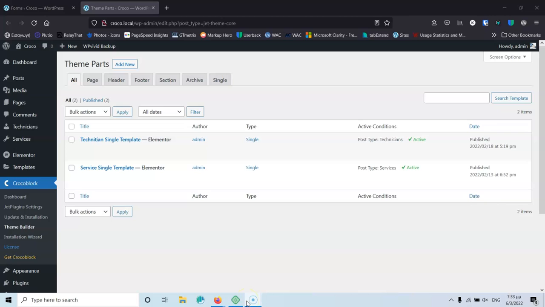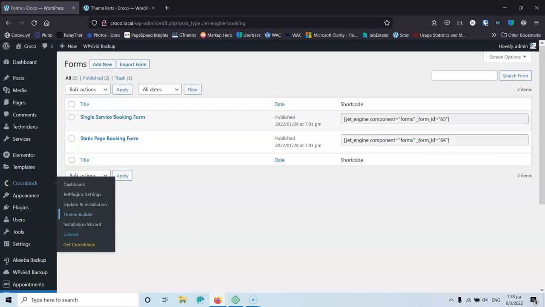In the previous video, we created the archive pages for the technicians and the services, and then we created the templates for the single page for the technicians and the service. So in this video, we're going to create the two forms that we need in order to put them inside those two templates. Let's go into the forms, and we're going to see that the first form here, the single